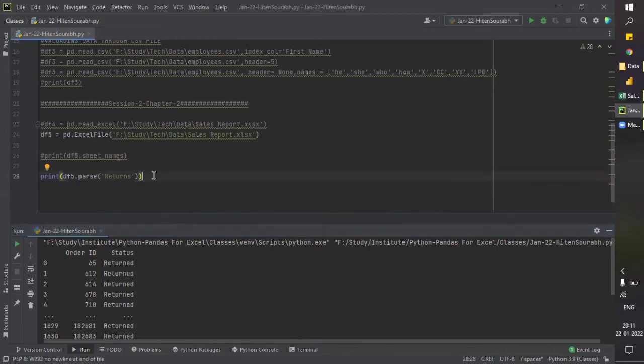Now we can also do this same stuff another way.